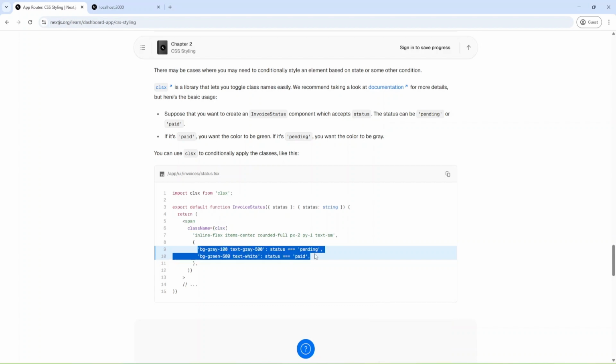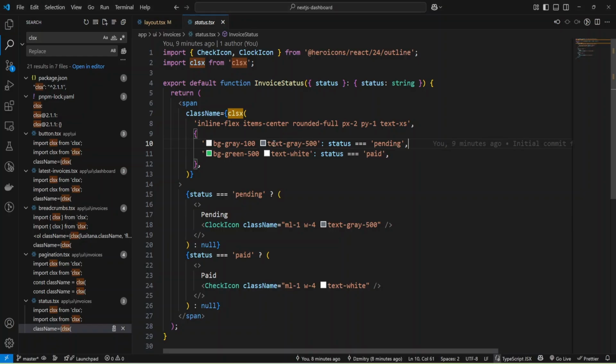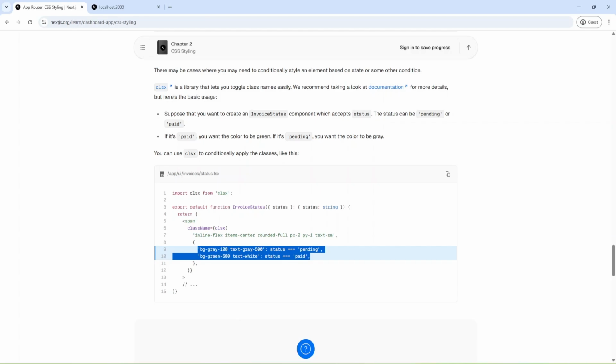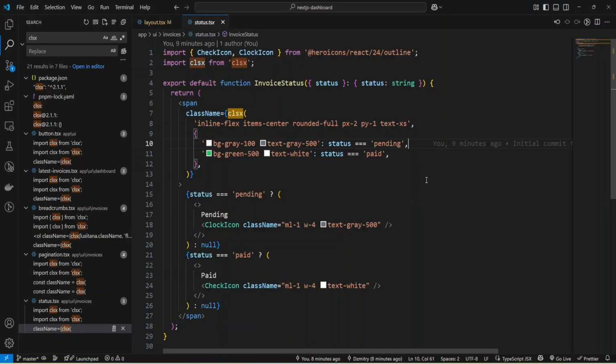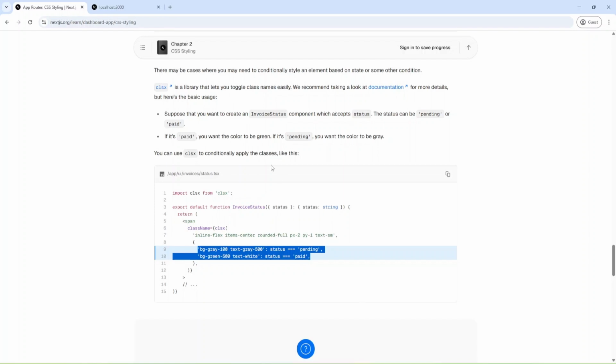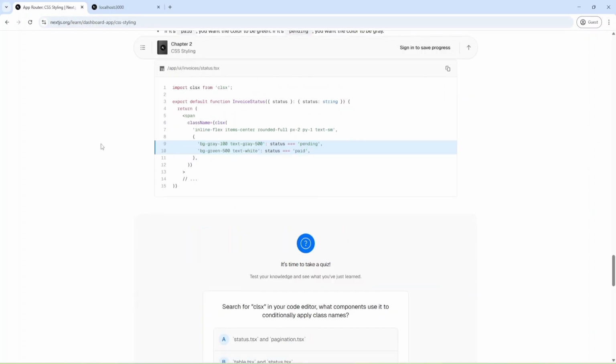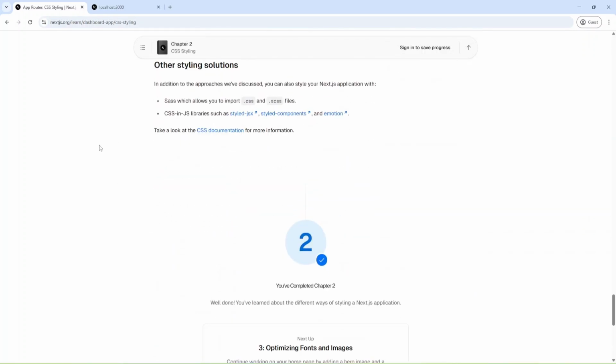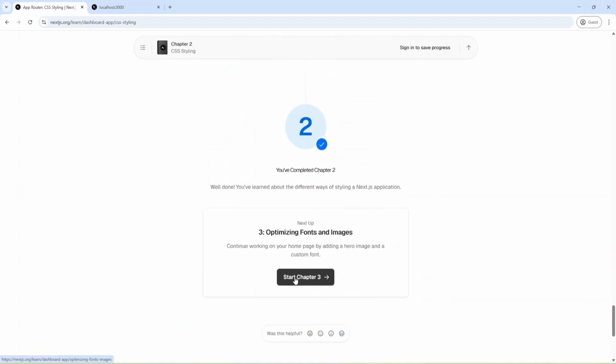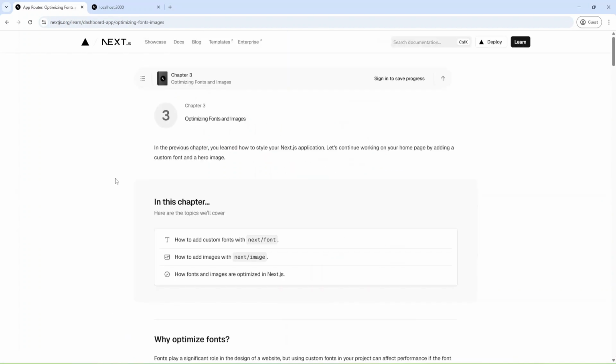We probably need to change something. And we have exactly the same styles. Okay, and status. Let me paste it. Okay, and they just propose to explore it. And we can go to the next chapter, optimizing fonts and images.